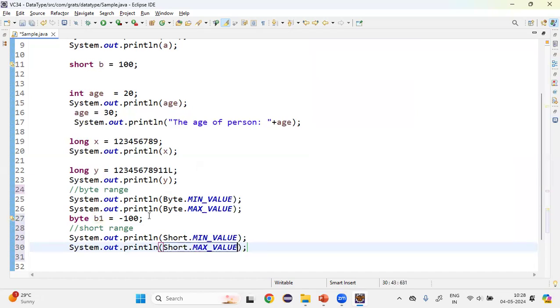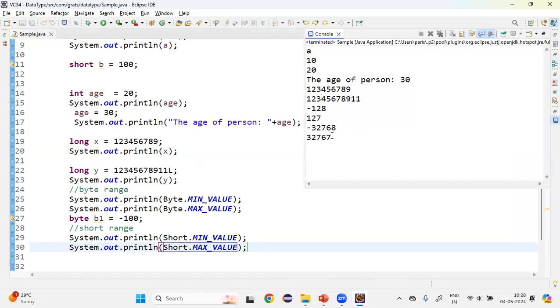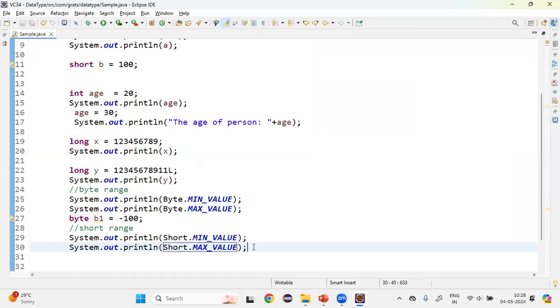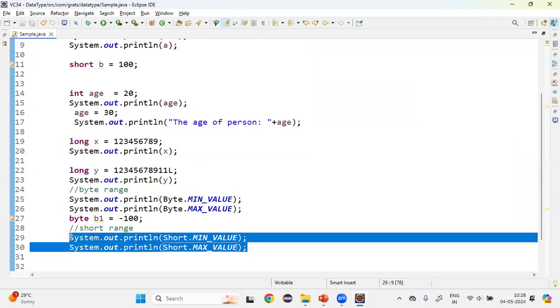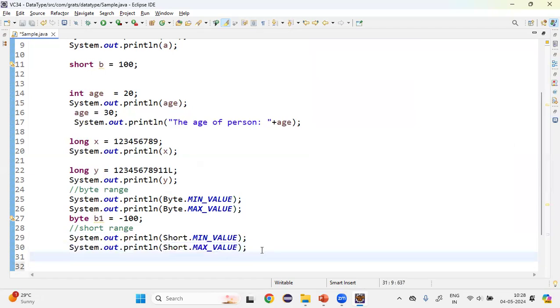Now let me save it and execute it. I gave minus 32,768 and plus 32,767. This is the range of short. Let me copy these two lines, and in the next part, let me go for